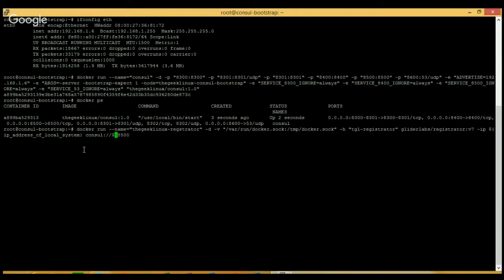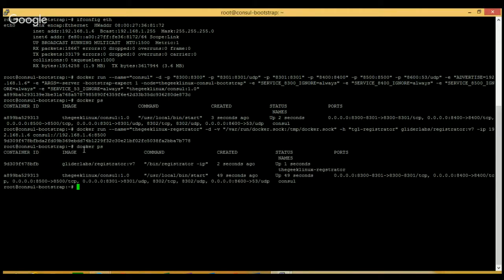This will be the localhost IP, so I'm giving the IP of our bootstrap node. It will be 6. And now let's change this IP also, 192.168.1.6, and it's created. So we can see that two containers are created. We can check the logs also.